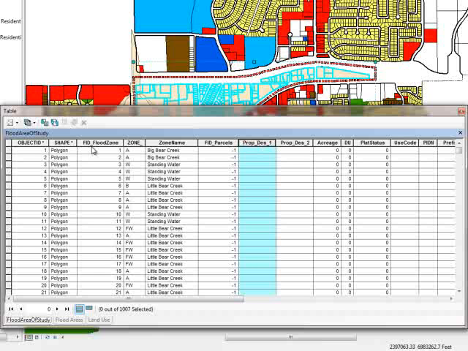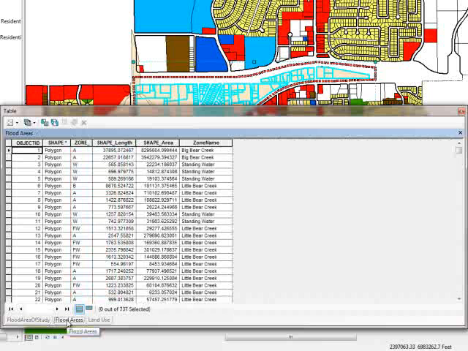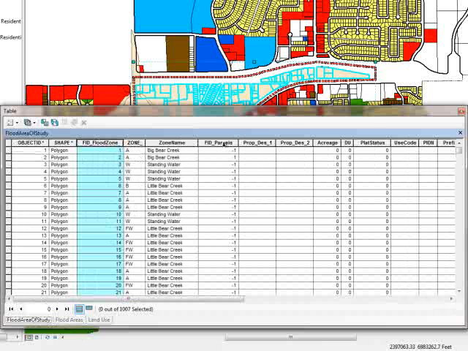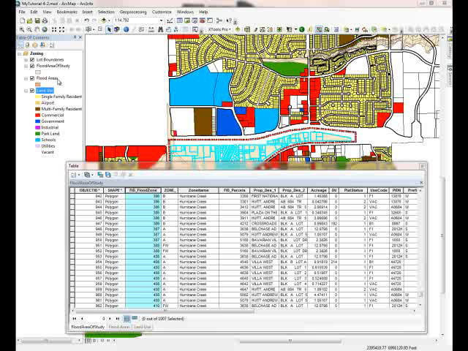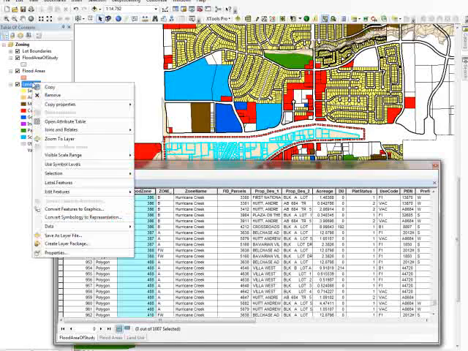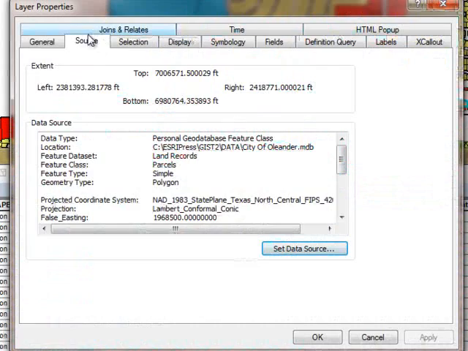But you'll notice you've got some new fields, a couple of them at least here. One called FID flood zone. And if you look back in the flood area, you didn't see a FID in there. Okay, the FID, and we also have an FID parcels. Now if you're wondering where the FID flood zone and FID parcels come from, they're coming from the two layers that we used to do the union with. Now if you look at those names, again we had land use and flood areas, but those were actually parts of geodatabases. And if you right click, for example, on land use and look at the properties, go to source,